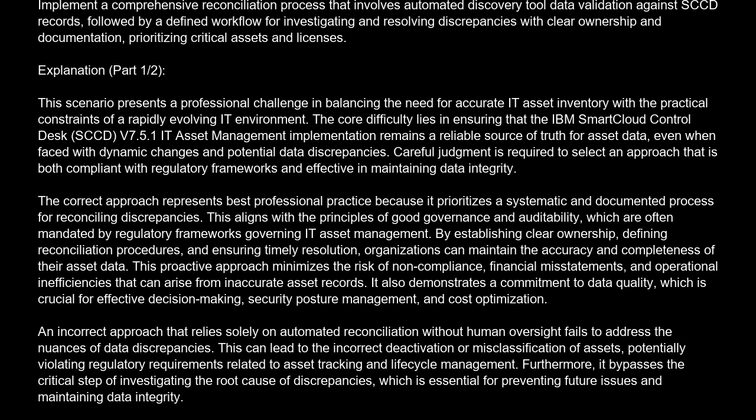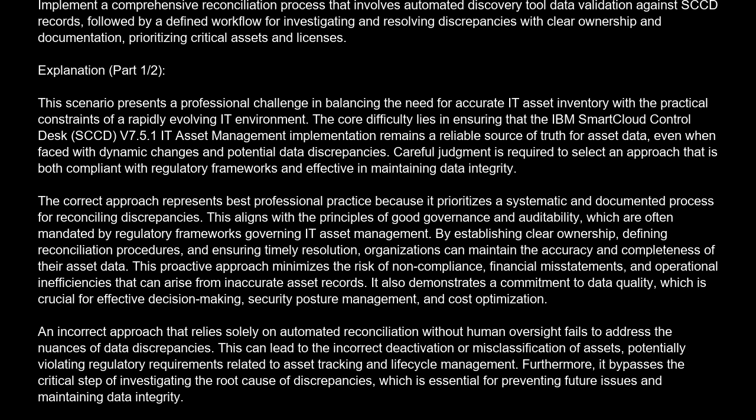This aligns with the principles of good governance and auditability, which are often mandated by regulatory frameworks governing IT asset management. By establishing clear ownership, defining reconciliation procedures, and ensuring timely resolution, organizations can maintain the accuracy and completeness of their asset data. This proactive approach minimizes the risk of non-compliance, financial misstatements, and operational inefficiencies that can arise from inaccurate asset records. It also demonstrates a commitment to data quality, which is crucial for effective decision-making, security posture management,